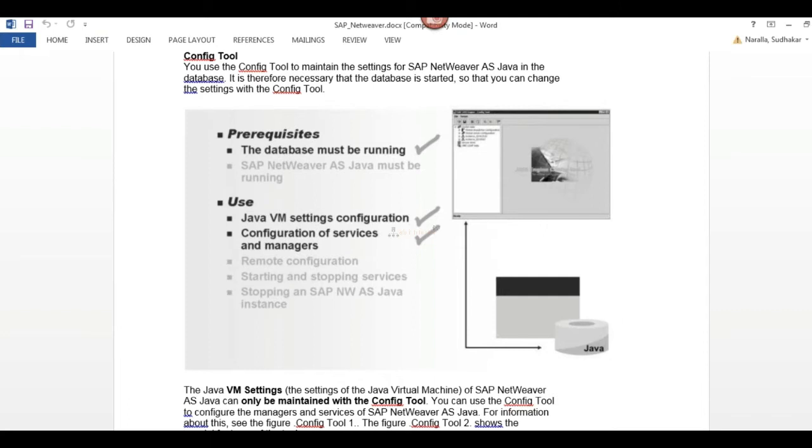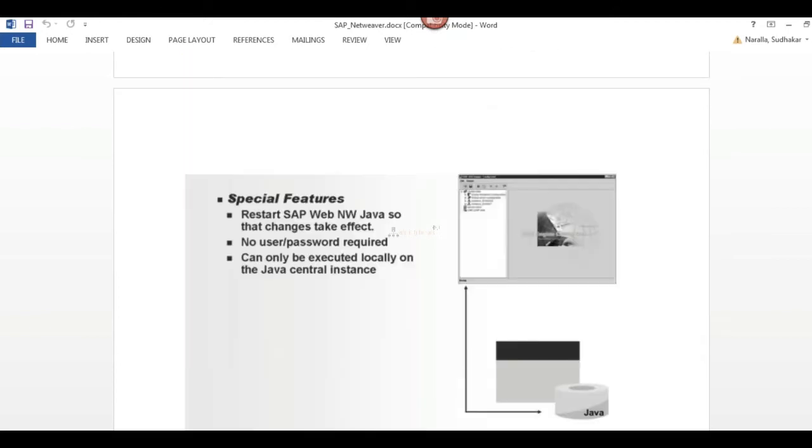In Java stack we call it a property, with a property name and property value. The terminology is different between ABAP stack and Java stack.